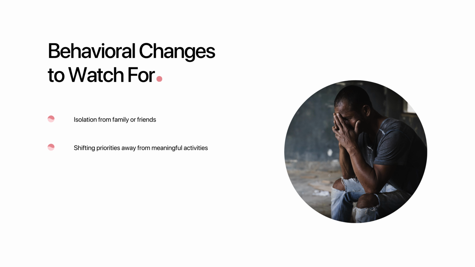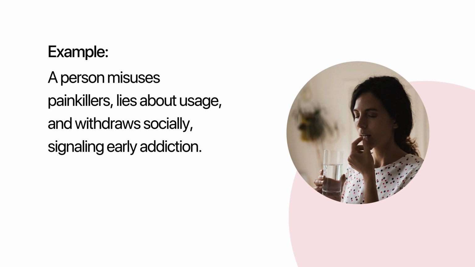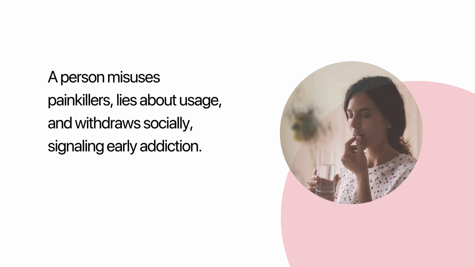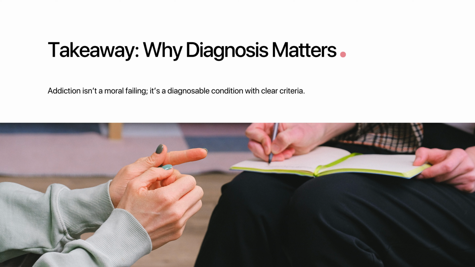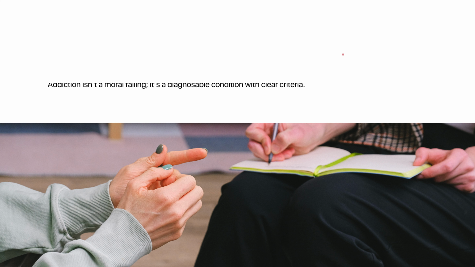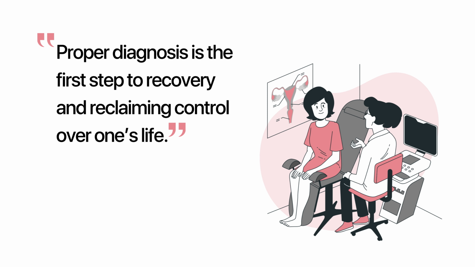5. Changes in priorities, shifting focus away from activities, hobbies, or people that once mattered to them in favor of the addiction. Example: someone may initially use painkillers after an injury, but over time they start to use more than prescribed. They may think about the next dose constantly, lie to their doctor to get more, and begin withdrawing from